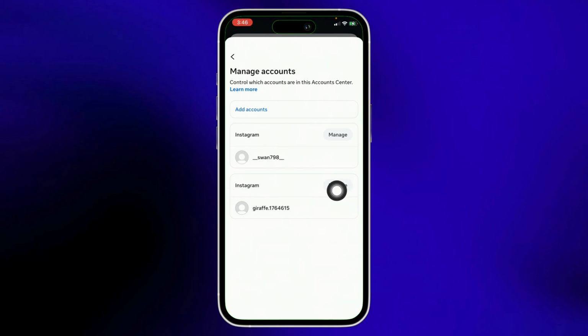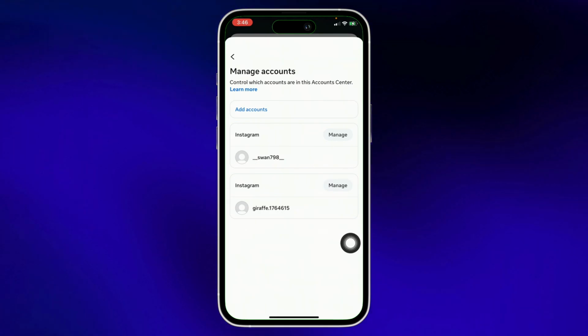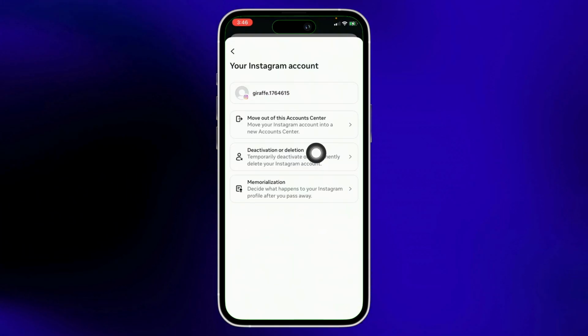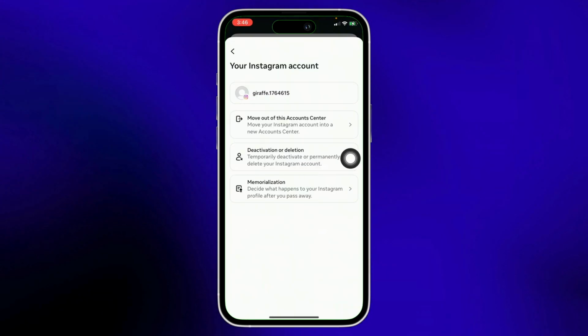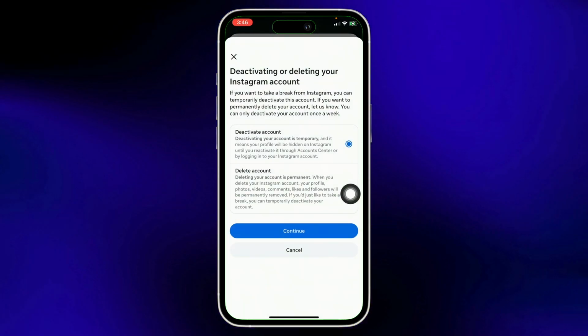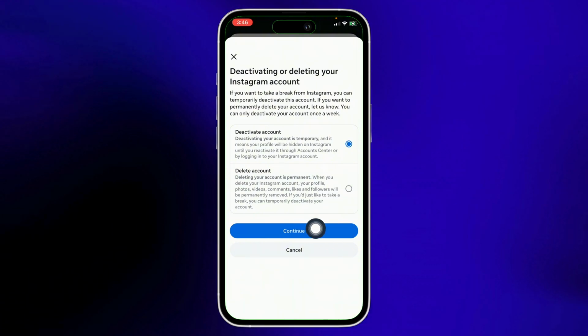Further, go ahead and tap on the Manage option you see there right beside the account that you want to deactivate, and you will then see the option for deactivation or deletion. So tap on the deactivation or deletion option you see there and then select the deactivate account option and then